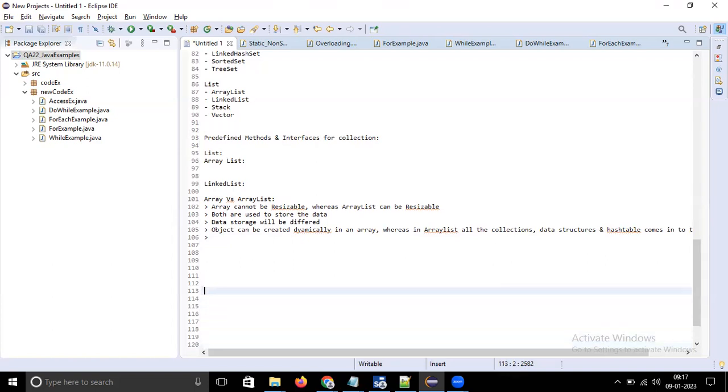When you are defining the array, when you are initializing the array, whenever you are creating the array, it is mandatory to provide the size of the array in the initial step. Whereas in ArrayList,